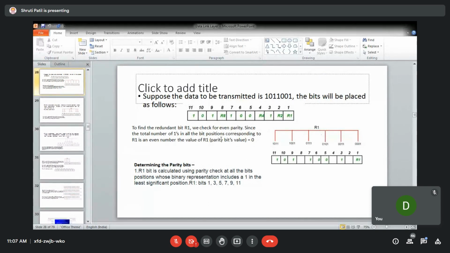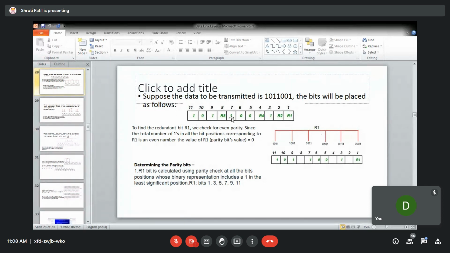Yes, ma'am. So you will be having R1, R2, R4, and R8. This will be added along with the normal data. So say for example, you are having a data 1 0 1 1 0 0 1. So these bits will be along with these redundant bits.